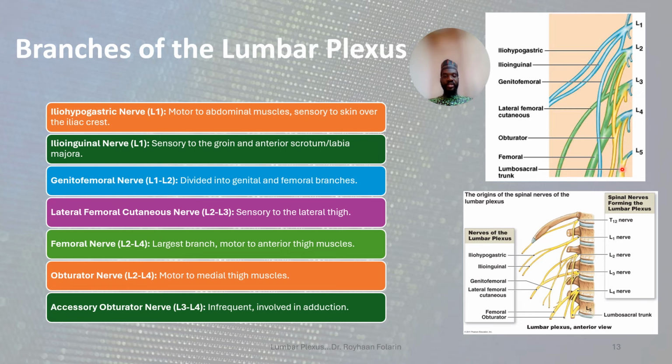That's the obturator nerve. The accessory obturator nerve usually arises from L3. It receives contribution from L3 and L4. It's not there all the time. So, like the name suggests, it's accessory. Whenever it's there, it's infrequent, but it also gives support to the adductor muscles, the same thing that the obturator nerve does. So it's an accessory obturator nerve, and the muscles involved in adduction get innervated by this nerve. So with this, we appreciate the seven major branches